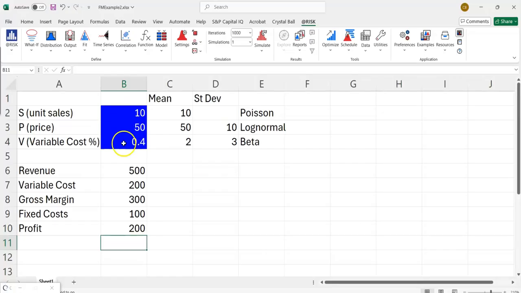But we know that these three cells are random variables. Sales is not always going to be 10. It could be higher or lower. Same with price, same with variable cost. So what we want to do is see a range of outputs for profit. So we'll click in the profit cell, and up here we'll define profit